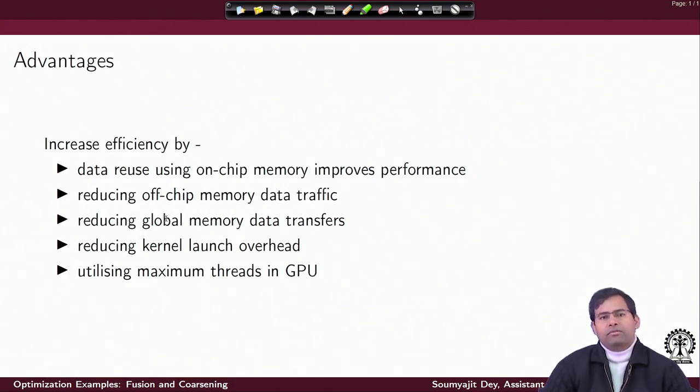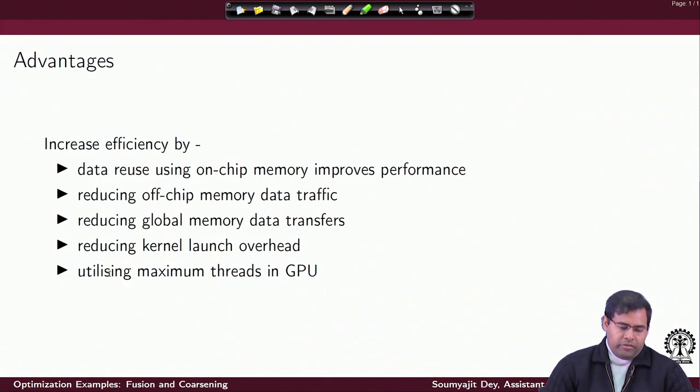The number of data transfers from the global memory will reduce, and that reduces the kernel launch overhead, right? Because instead of launching multiple kernels, I am launching a smaller number of kernels. Each time you launch a kernel, you have to set up launch parameters, and the runtime system of CUDA will set up suitable data structures internally, and that also consumes space and time. So, that is the kernel launch overhead, which you can bypass if you are launching a single kernel by fusing two or more individual kernels, which the original programmer may have written, right?